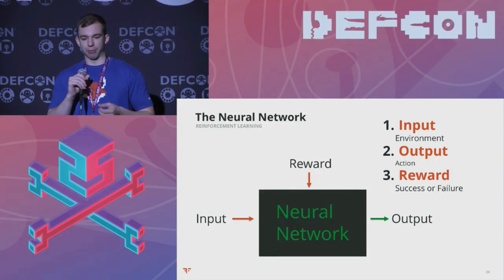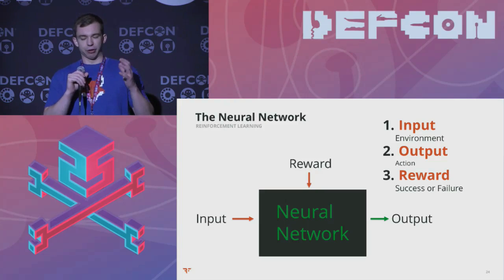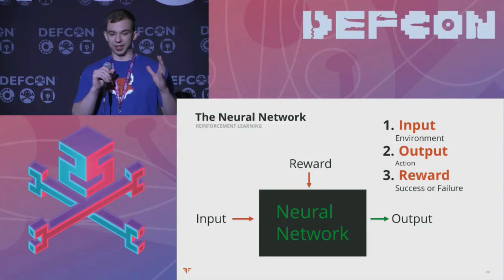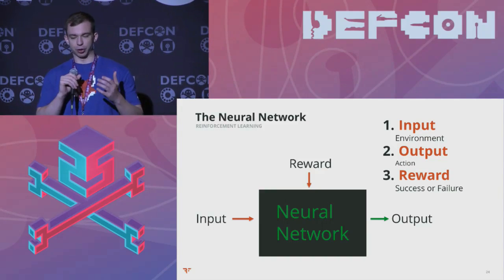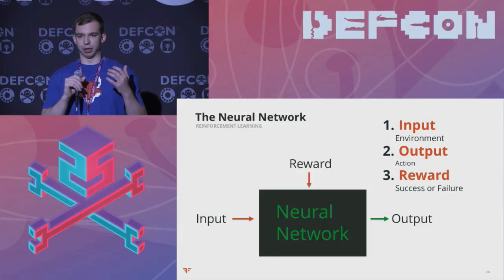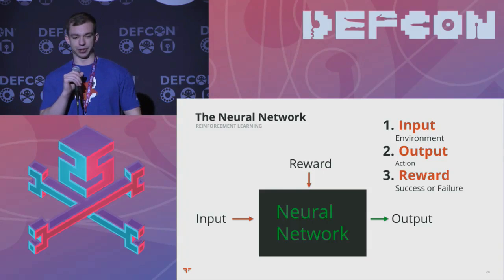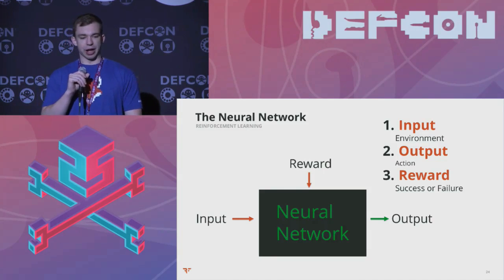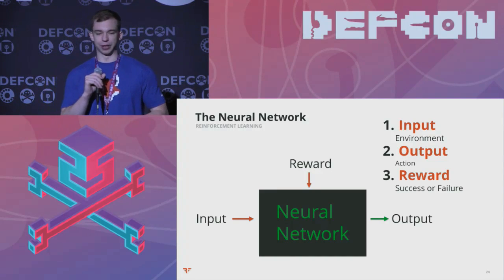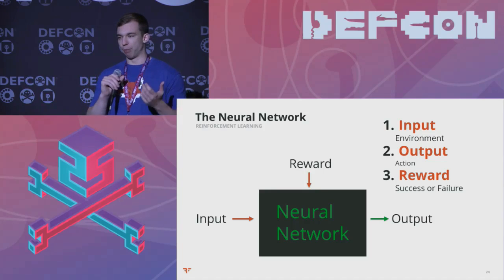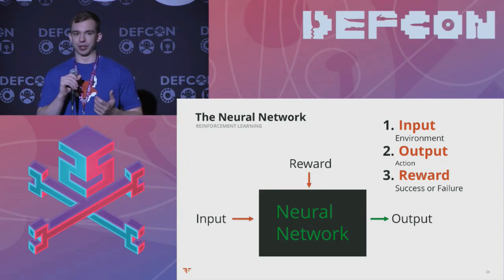We're going to talk about chess a little bit. The input is everything your AI program knows, and it's the only thing it really sees. So you're going to want to formulate your inputs to not present too much data, but also present enough of the world to be able to make smart decisions about it. You're also going to have a reward. When you take an action, it's either going to do something good, do something bad, or maybe something kind of good or bad, depending on what your problem is. And then you're going to have your output, and that's essentially what action you're going to take.